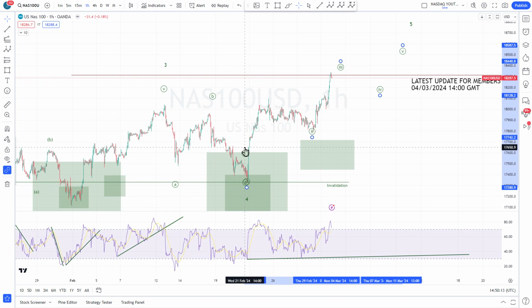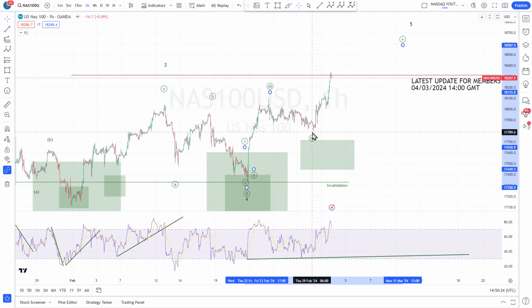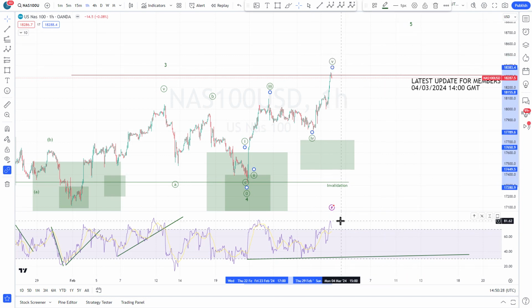We have something like this: the wave 1 and the 2 here, this here is our wave 3, the strongest one, the wave 4 like this, and then a fifth wave up as we have our divergence here. This is possible, but in my opinion it is